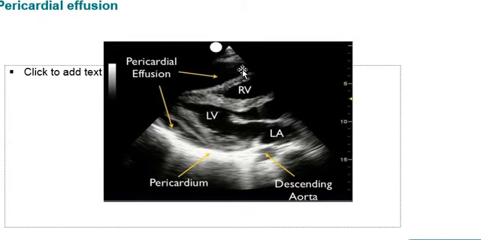And this we already discussed. There is some collection anterior to the right ventricle and also some collection posterior to the left ventricle. So this is nothing but the pericardial effusion, or sometimes, if there is hemodynamic compromise and it is rapidly accumulating, it is called pericardial tamponade. The most important sign of pericardial tamponade is the RV collapse in the diastole.